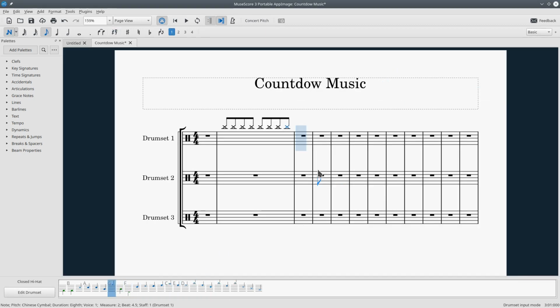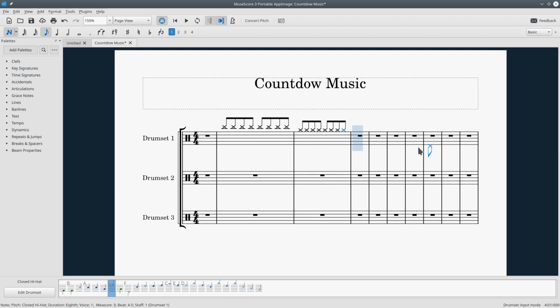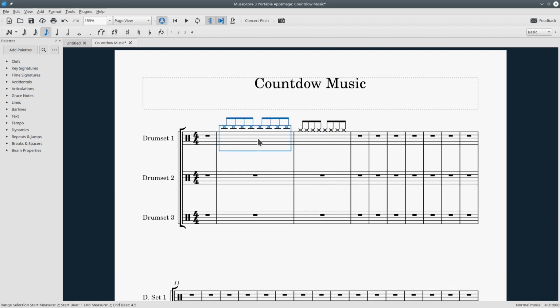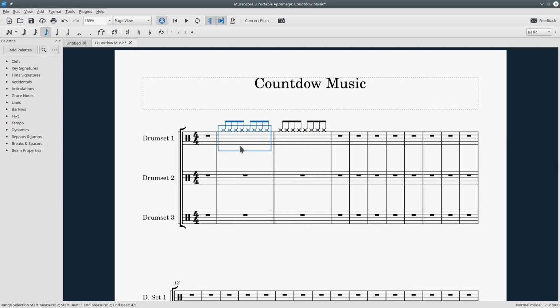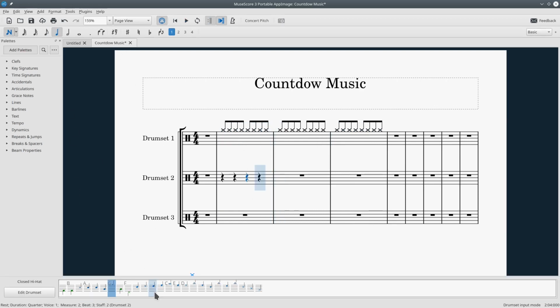Let's add a cymbal. I copy it here and here. Now let's add another drum, a snare drum.